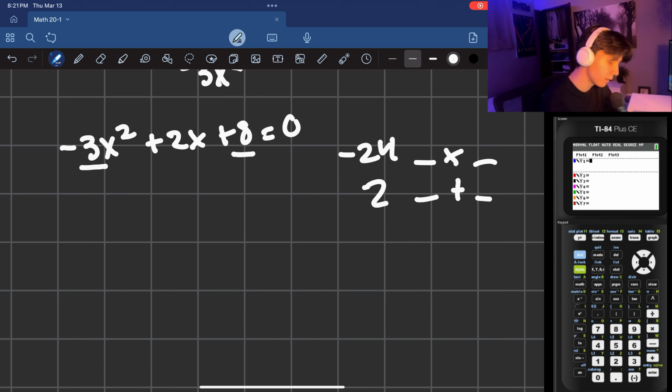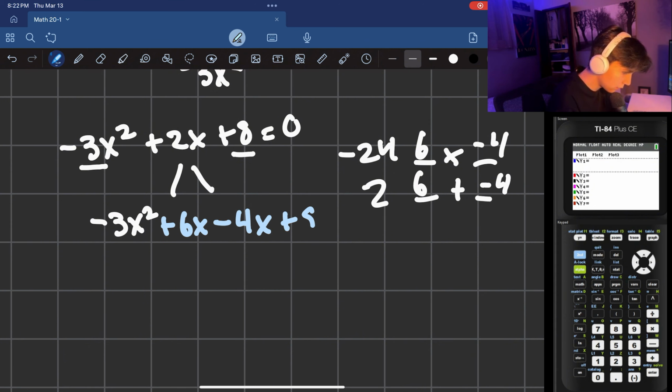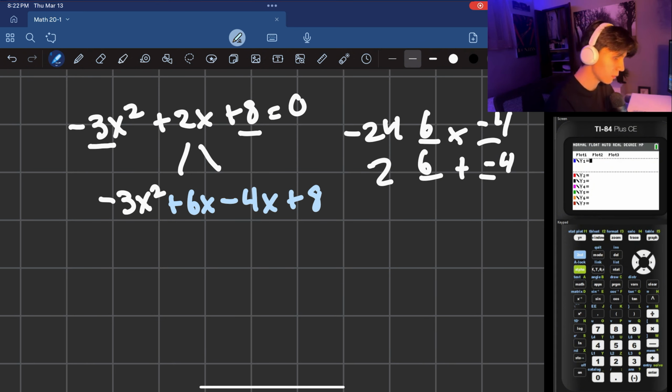So we could have, let's say, 6 and negative 4. We're going to break this middle term down into 6 and negative 4. So we have negative 3x squared, and then our new plus 6x minus 4x plus 8. So you can group these up in brackets,